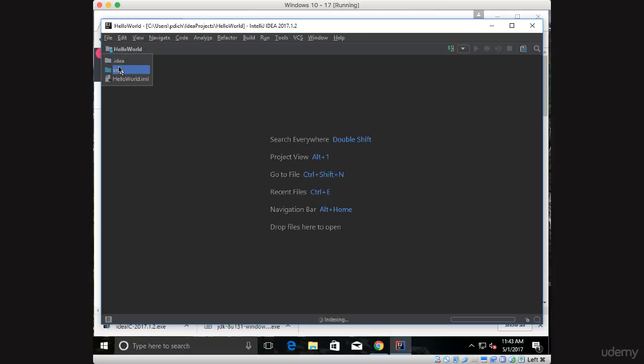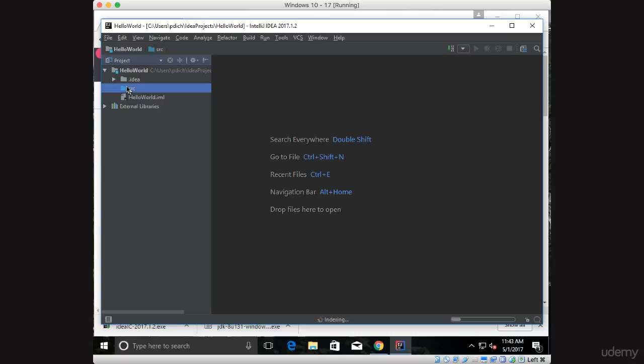So if you go to source, it takes a few minutes. As you can see at the bottom here, it says indexing. So give it some time. In this case here, it created our project, and you notice you had to click on the hello world and go to source for this to open. And then under source here, this is where we're going to put all of our Java classes and all of the stuff. So for now, what we're going to do, we're going to right click,